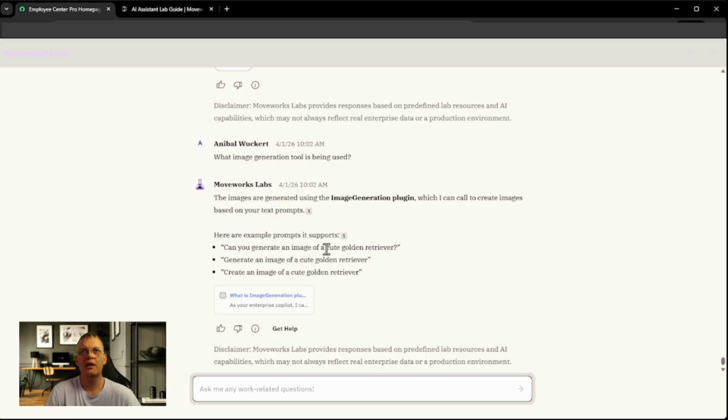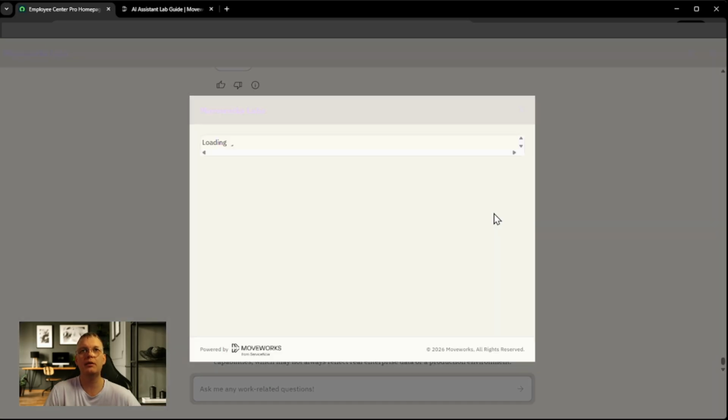Cute golden retriever. As fun as it is, I don't find that these examples are really good to use in the lab, where you would like to encourage customers to pay a lot of money to get Moveworks, and the examples are cute golden retriever. I think it would be much better if you had create an image of a trend graph based on this data, and that might be possible, but we're not there, and this is not good. I don't like it. And there was a reference to the FAQ probably, and I'm gonna have a look,